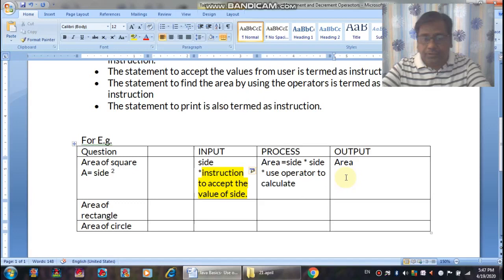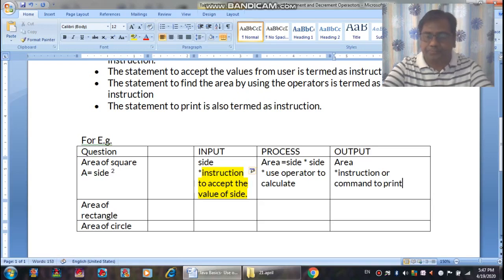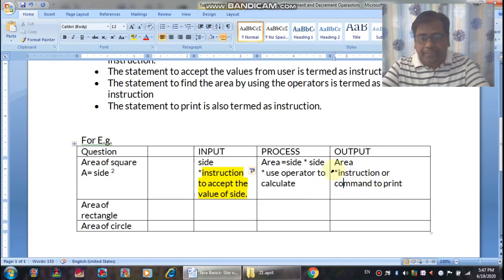Now comes, we need an instruction or command to print. We need an instruction or command to print. That means we have to learn this part as well.